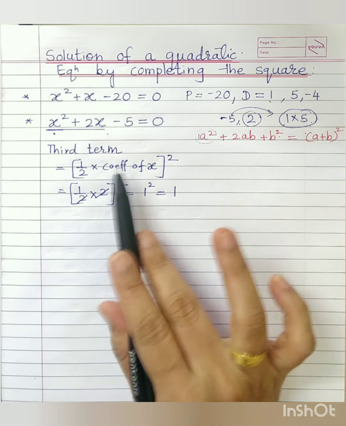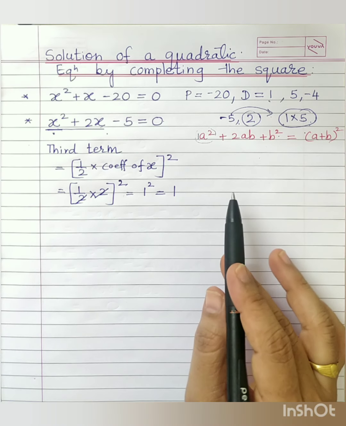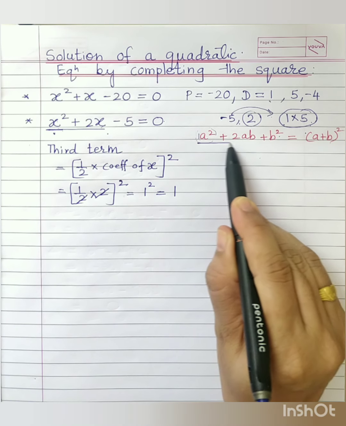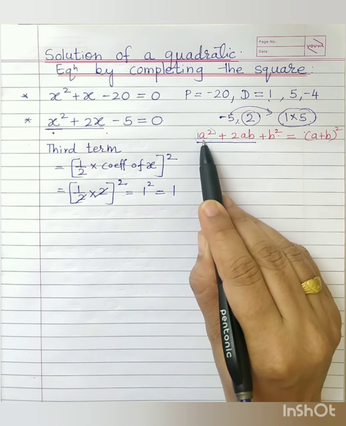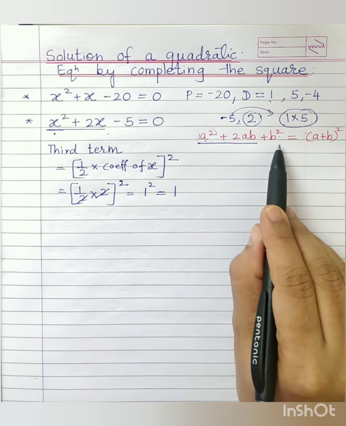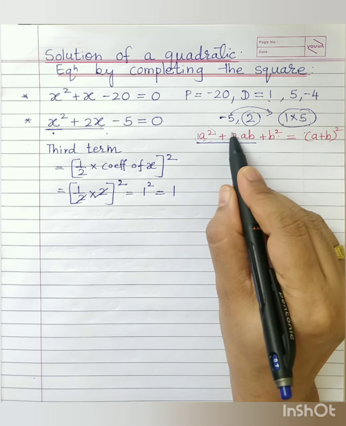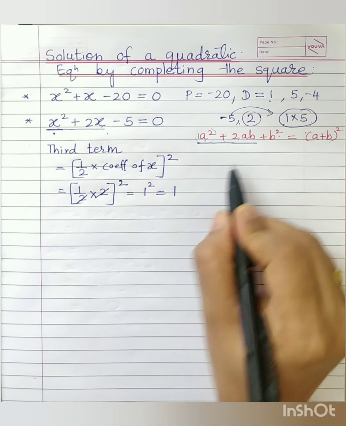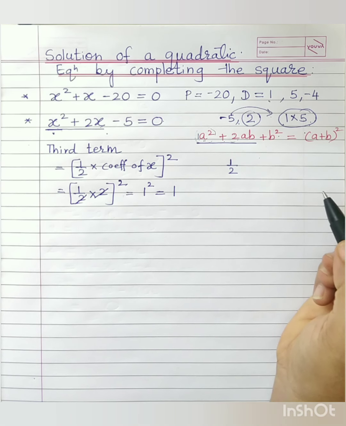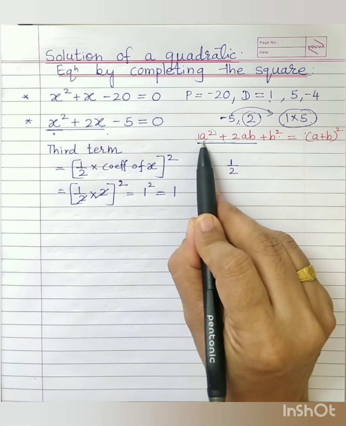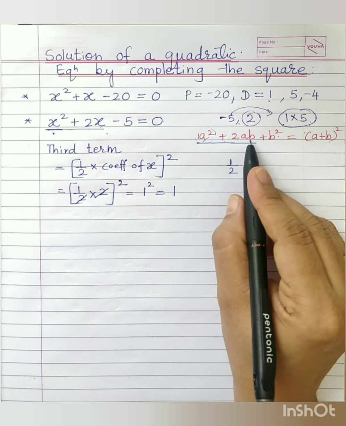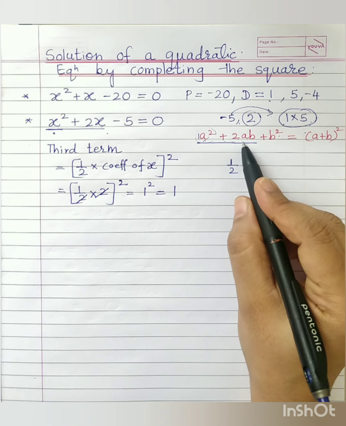How is this formula derived? That also, see. Look at this part. In this expression also, suppose we knew only a square plus 2ab. Then how to find b square? For that, first thing you will eliminate 2. So to eliminate 2, we multiply by half. Okay. Then this trinomial is working here in what? A, right? So the second thing you are going to ignore is a.